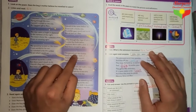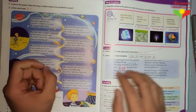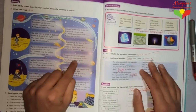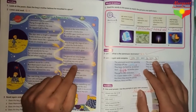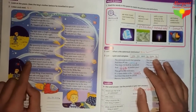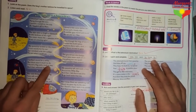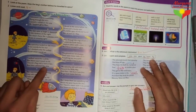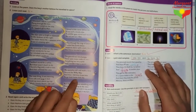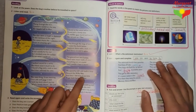The ground was very bumpy. Okay, meaning it was like this, bumpy. There were moon rocks all around. Everything was very quiet, and I couldn't hear a sound. I walked around for a while, but there wasn't much to do. I found a flag and a rock or two, and then admired the view. My spaceship left and made a loop around the Milky Way, and then I felt that it was time to go